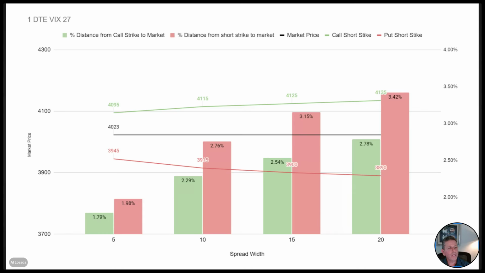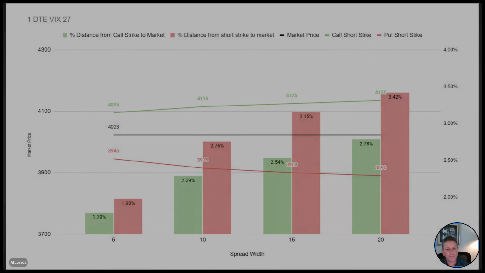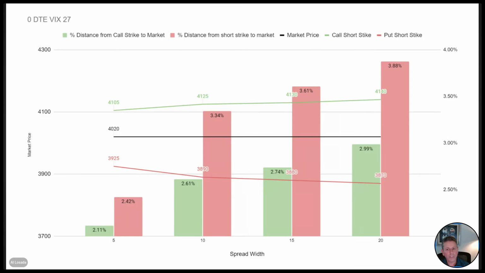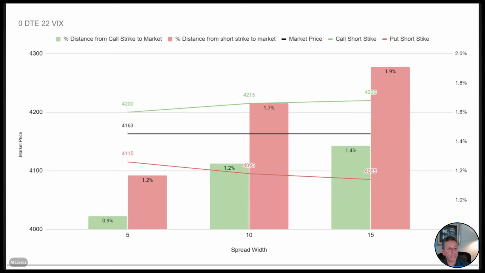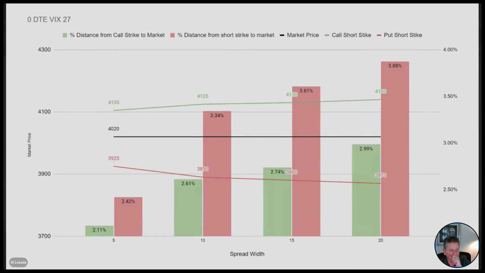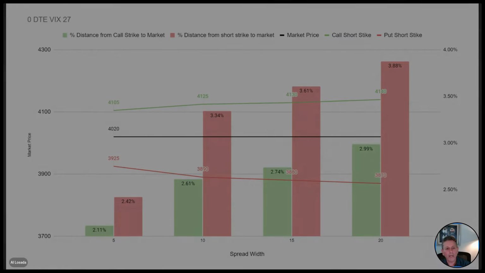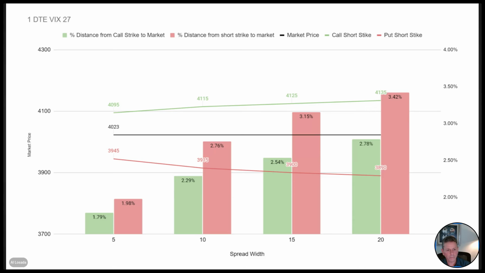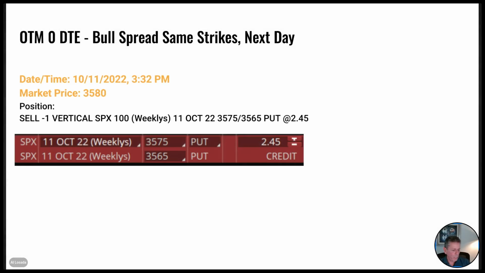Here with the VIX 27, it's quite a bit more. So if you look back here, we have 361. Oh wait, that's 27. Let me see here. Is that still the 27? No, it's 22. So 22 is here, and 27 goes a lot higher. And again, with 15 and 20, it's just not worth it. All right, so let's go with real